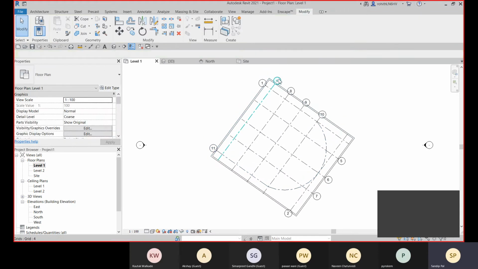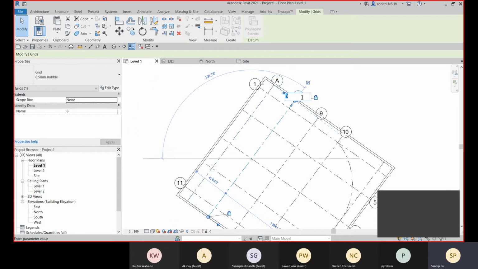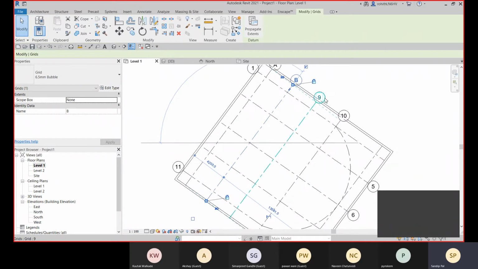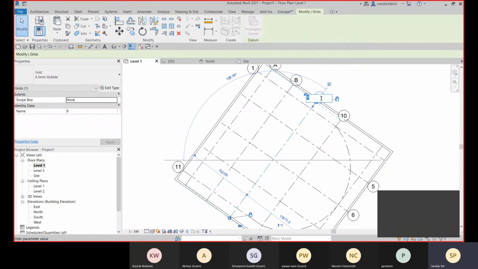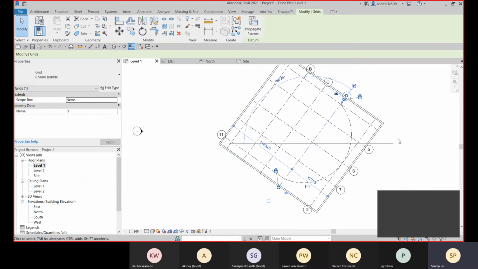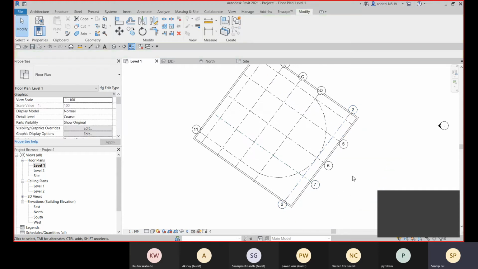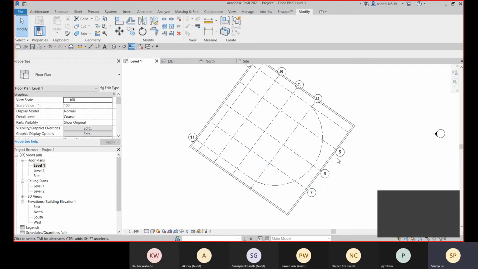And you can rename your grids. So just select all on the grid head, and again click on that number or the alphabet, and then you can change it. So for these horizontals I will make it numerical, or I can make it alphabetical like this, and here I need, okay, so for this I don't need it.